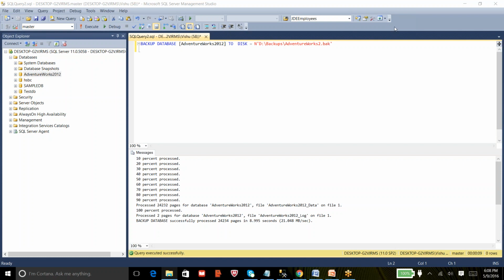Do DBAs manage the space in the drive, because the transaction log file for every hour will take a lot of space, right? Yes, obviously we need to manage the disk space.